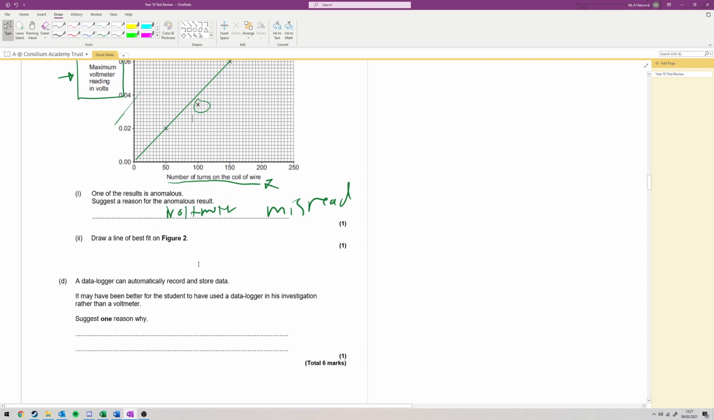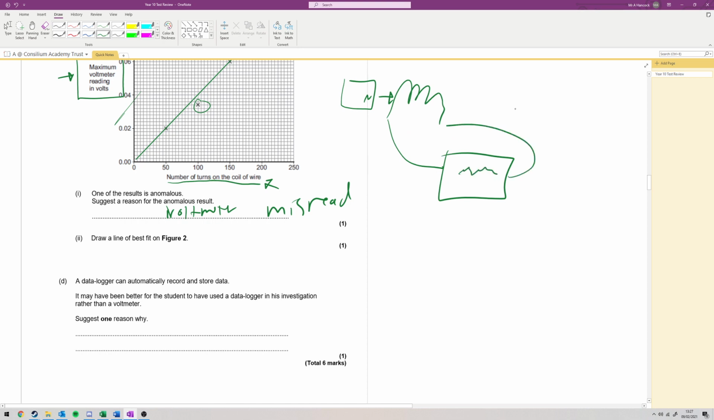So a data logger can automatically record and store data. It may have been better for the student to do this. Suggest one reason why. Well, you can save all the data and recheck it all, because it logs everything. It can take more readings in a given time. If I put the magnet in, so when you have your magnet and you chuck it through the coil, you'll have the data logger here. It'll be recording stuff,